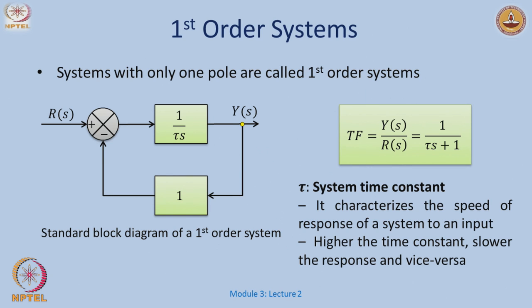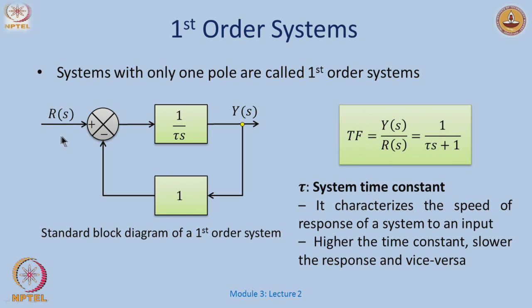Okay. So, the simplest of all systems are systems with only one pole and are called first order systems. There could be some simpler systems where I just go from here to here, there is just a number 1 and I am not worried about anything. So, those are not of interest. There is some dynamics here, in terms of tau times s. So, if I just do the standard feedback interconnection, I compute the transfer function, I get that the transfer function from r to y, y over r, is 1 over tau s plus 1,